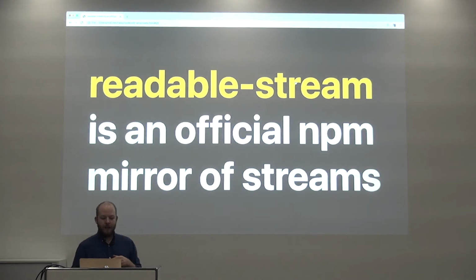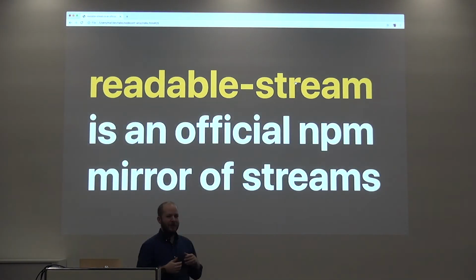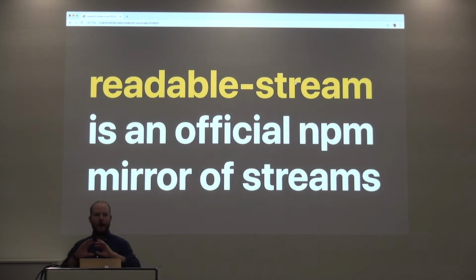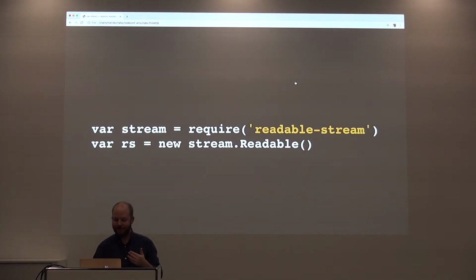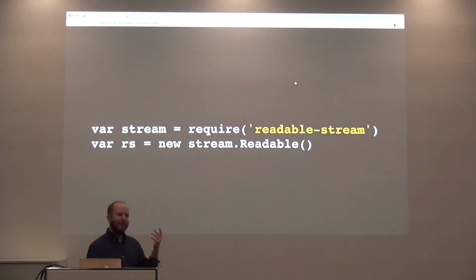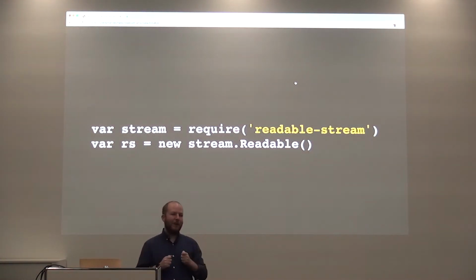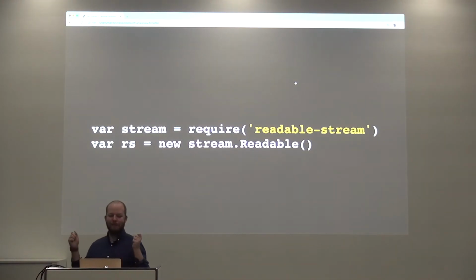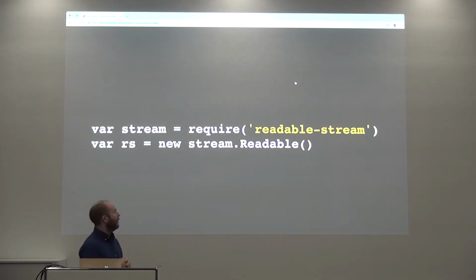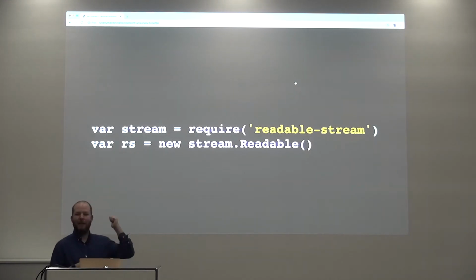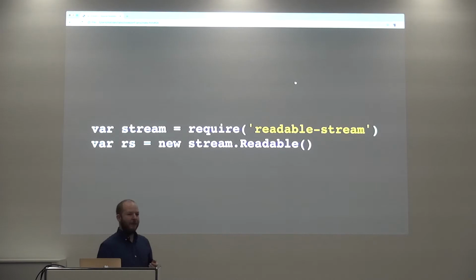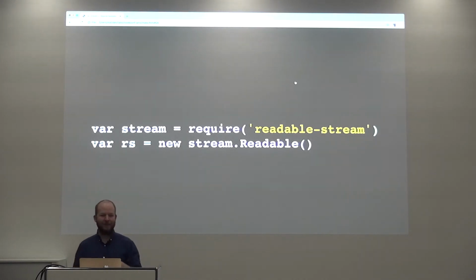So that was a problem. The idea was, let's make a package on npm that contains all the stream stuff, but have it be an official package by the maintainers. Then we can version it. So instead of requiring stream, you can require readable-stream. And this is what I love about streams, because it's full of stuff like this: why is it called readable-stream? It's because we thought it was only going to be readable streams back in the day, but it also has writable streams in there now, it has all the streams. So why didn't we change this? Legacy. So, deal with it.